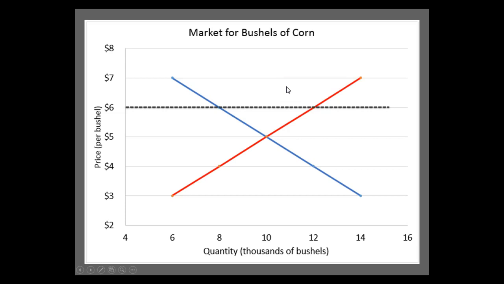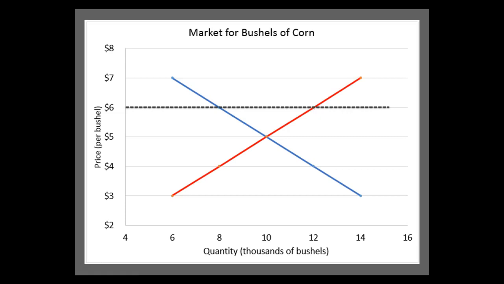Just like the floor on the second floor of a building prevents you from being dragged down by gravity to the next floor below you. So when they set this price floor, it also has implications for the market. In this case, with a $6 price floor, there is more being offered for sale than there is demand. There are only 8,000 bushels that people want to buy, but there are 12,000 bushels being produced by farmers. So now what we have is a surplus.